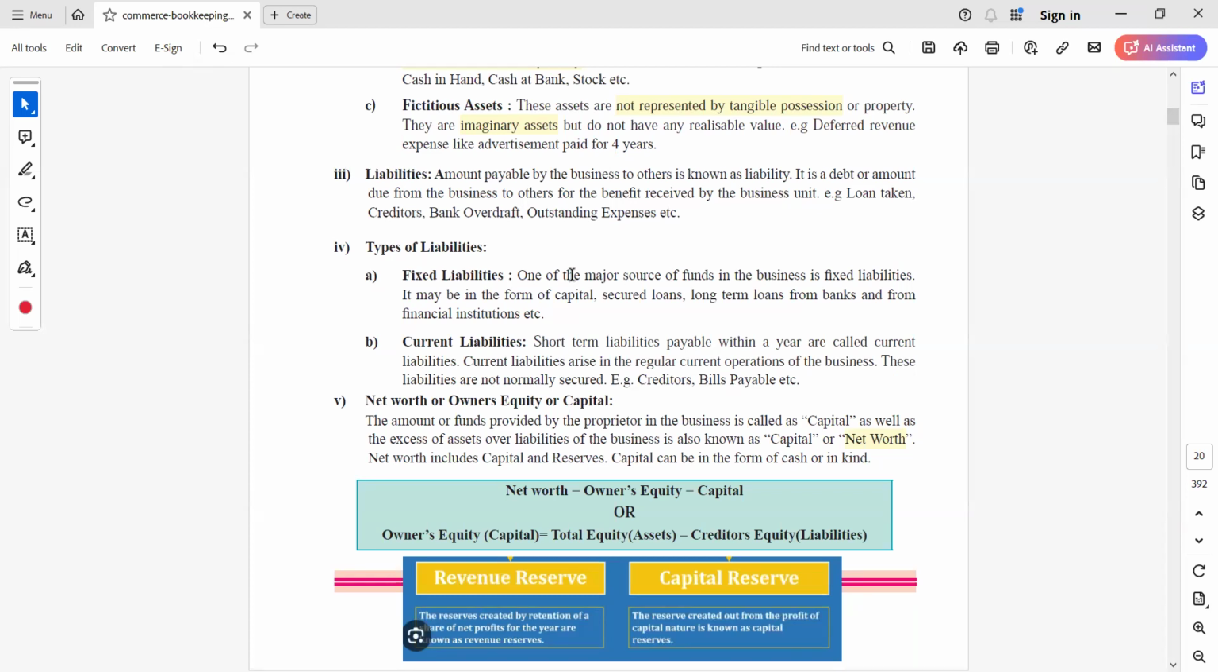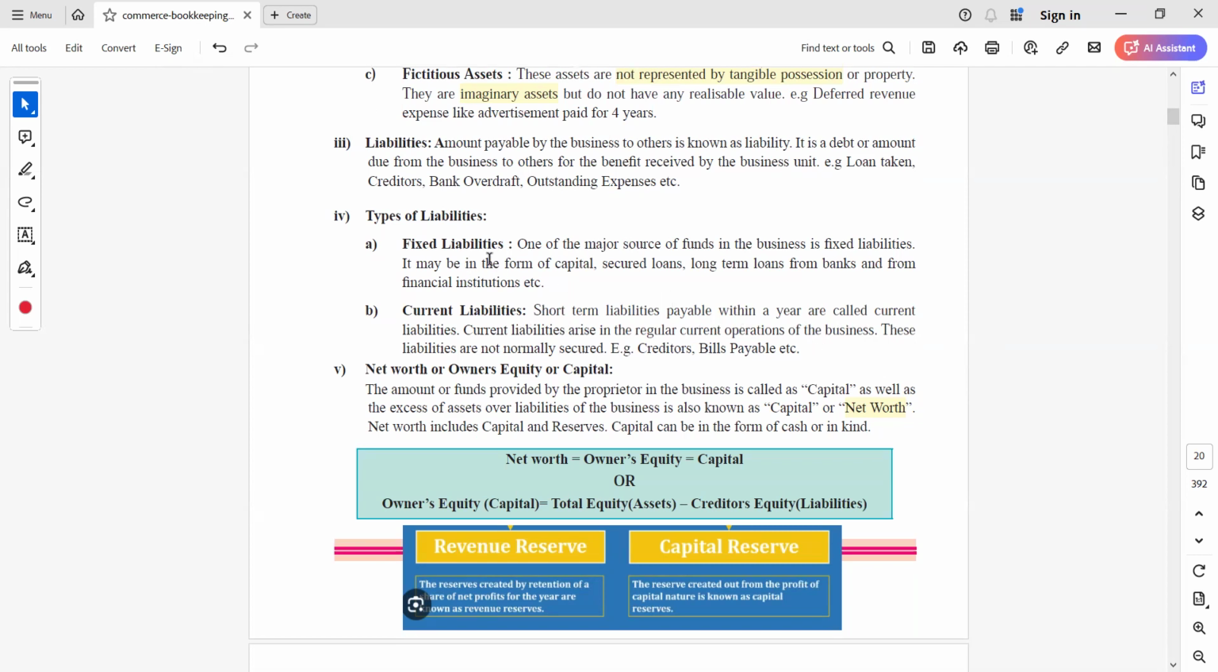If you have to pay it within 1 year, it will be called as current liability। ओके, जो भी एक साल के बीच में है उसको बोलते हैं करंट लाइबिलिटी। Short term liabilities payable within 1 year are called current liabilities. Current liabilities arise in the regular current operation of the business, these liabilities are not normally secured, creditors, bills payable। Okay, these are not normally secured। अब देखिए ये secured liability है, जब आप बैंक से कोई भी लोन लेते हो, you have to give something as a pledge, like you give maybe your asset or your FDs as a security।